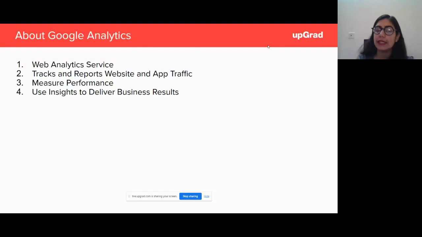So we will take it one step at a time. Now, Google Analytics is nothing but a web analytics service. Google lets you measure the efficacy of your campaigns as well as the user behavior on the website. With analytics, you can figure out what's happening on your website and app with respect to traffic, which is the number of people visiting your website, as well as what is their entire movement or flow in the